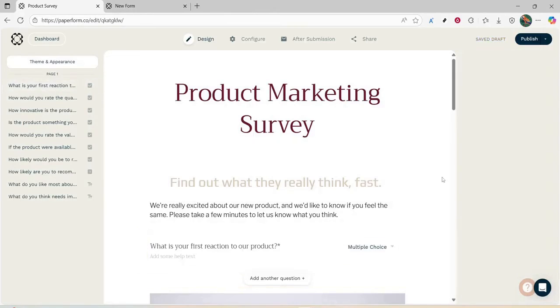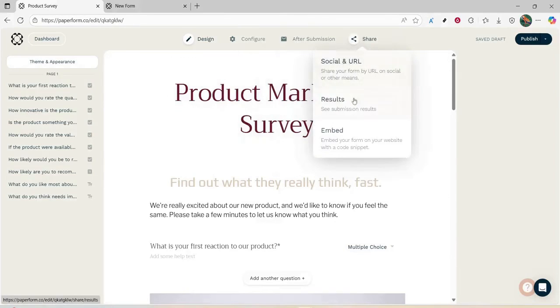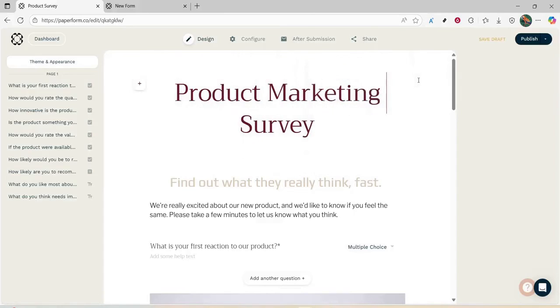This gives you a chance to experience it from the participant's perspective, identifying any potential issues or areas that might require a final tweak. Once satisfied, you're ready to share your survey with your intended audience through your preferred channels. And there you have it, a comprehensive approach to crafting precise, effective survey forms using Paperform. With these intuitive steps, gathering valuable insights is both